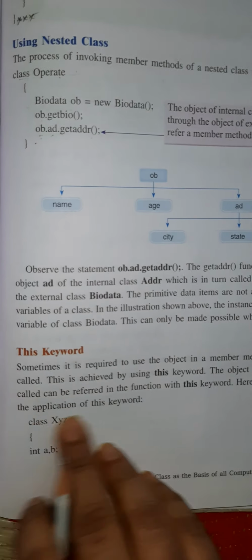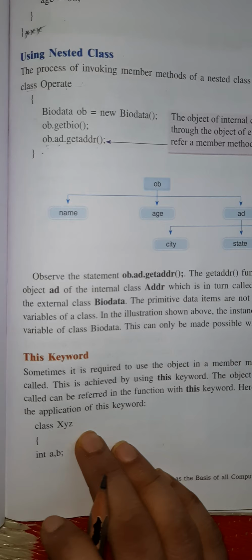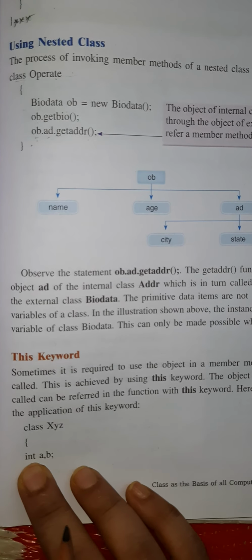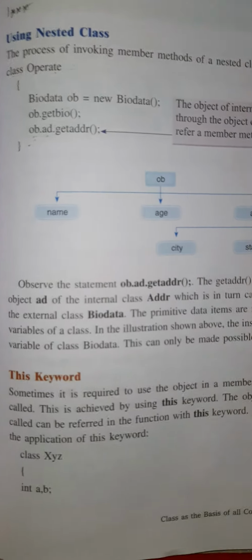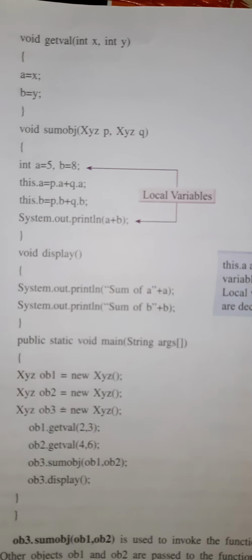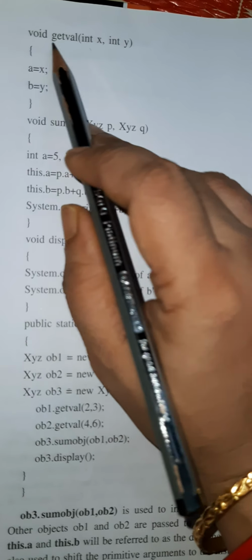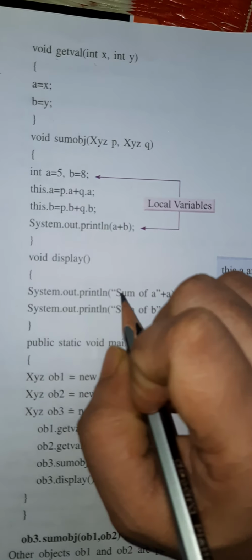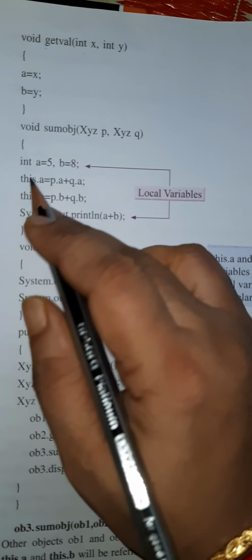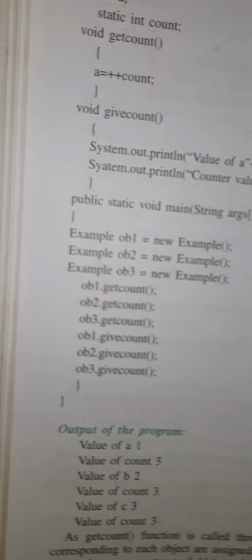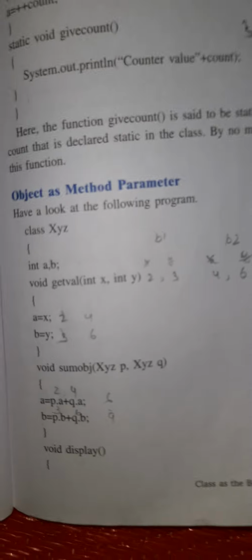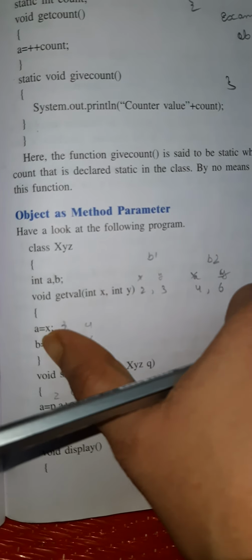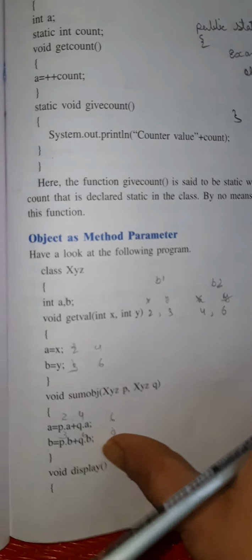Here is an illustration. Here you can see a class xyz, and inside it we are declaring two instance variables, int a and b. We have made the two instance variables, and here there is a method or function through which x and y values we are giving, and here the object is made. You see, in the previous program we have not made this as a local variable. There was no local variable, and it was entering from here.